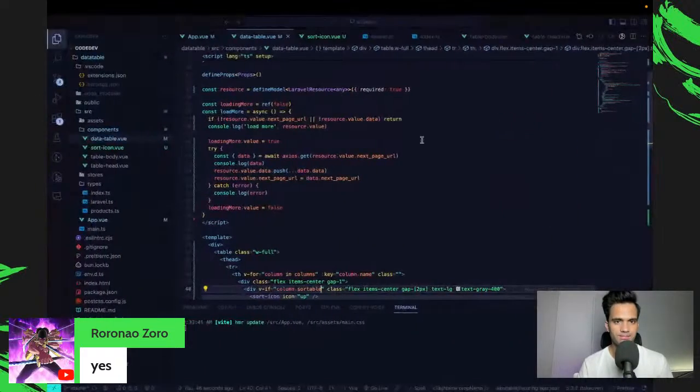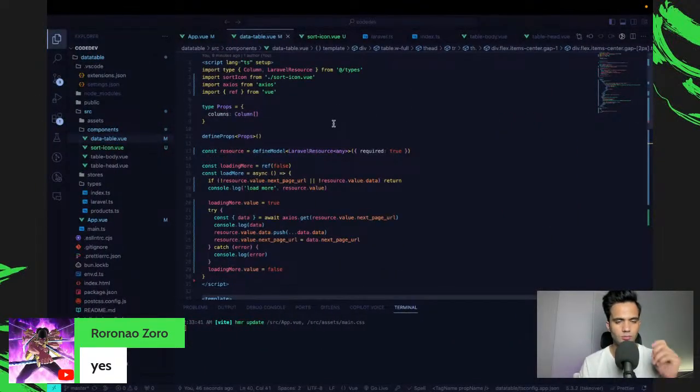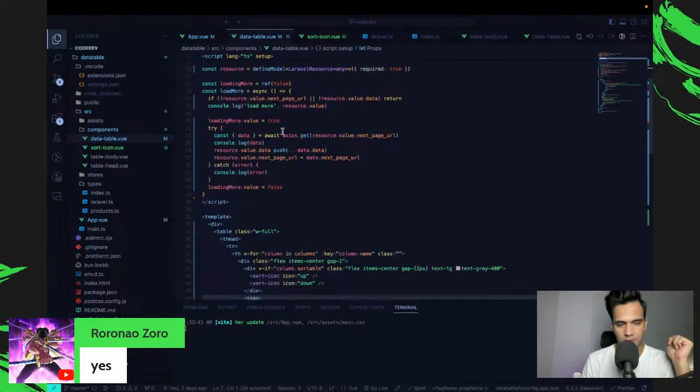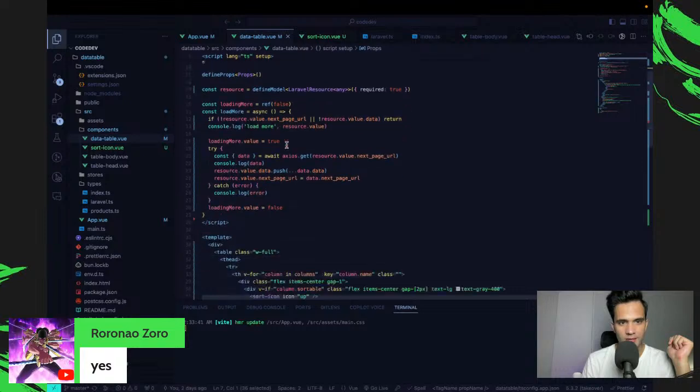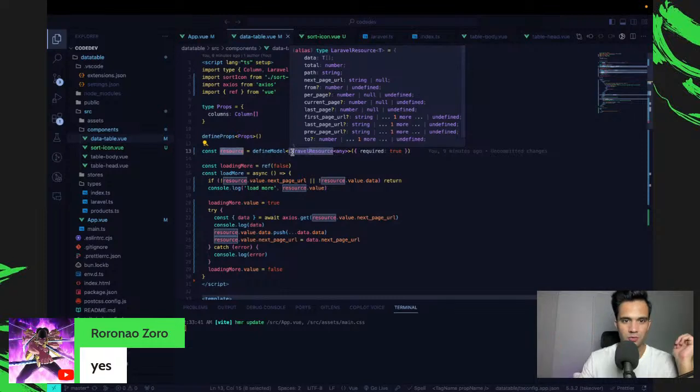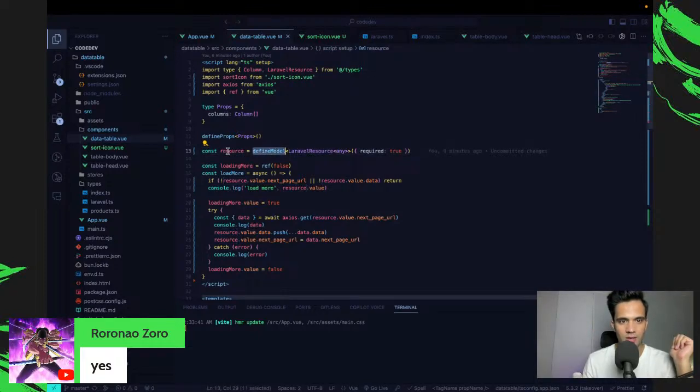So to keep things simple, first of all, there are a couple of things. In our data table, if you remember, we have a defineModel here, which basically is a prop and event, which you can just define with the model. So normally you wouldn't change the resource in the child component, but since it's a model, it's a two-way binding.